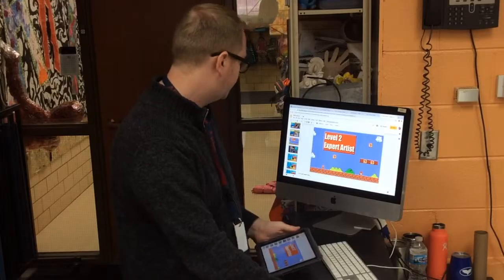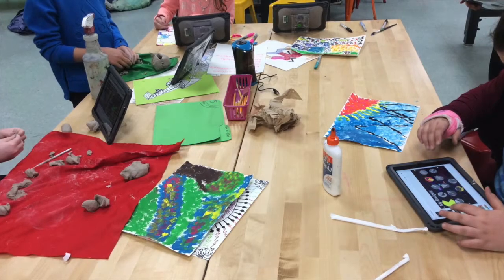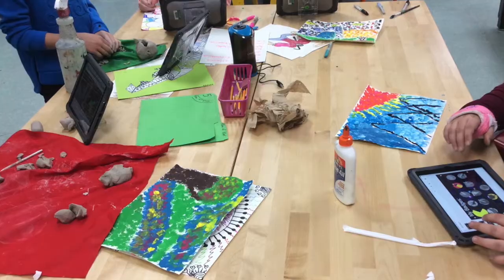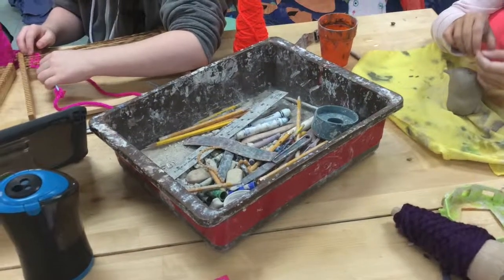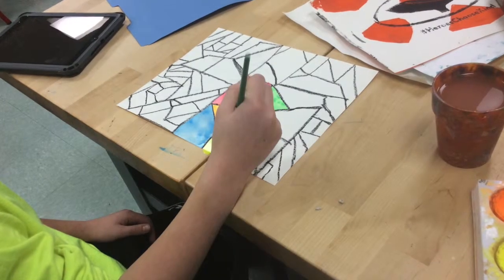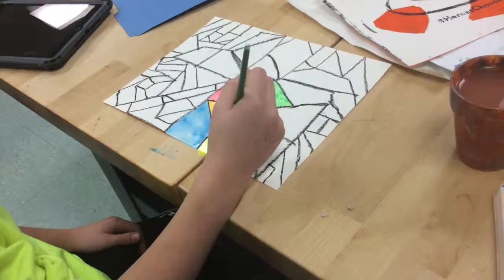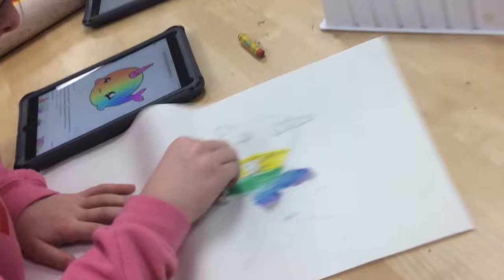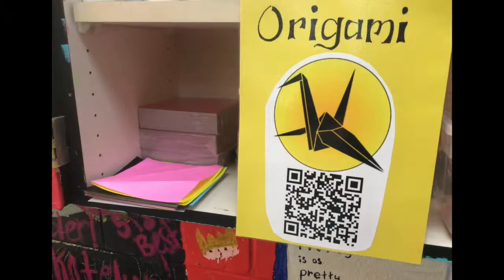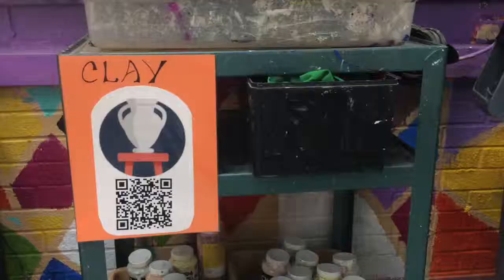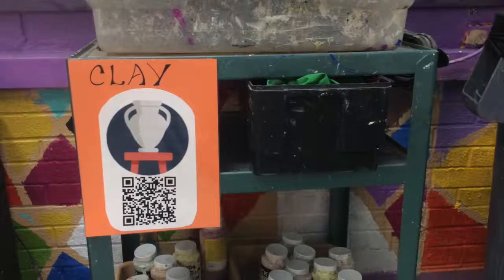So what does this look like in the classroom? It's a lot of fun because at every table there are lots of different projects happening. It is a bit more work in the prep, but having students self-directed also makes it more interesting, as you get to see a little bit more personality come through when students are choosing what they want to do from day to day. To help support students, I created stations with all the different supplies, and on the sign for each station, I put a QR code that links to a folder full of demonstrations of how to use those